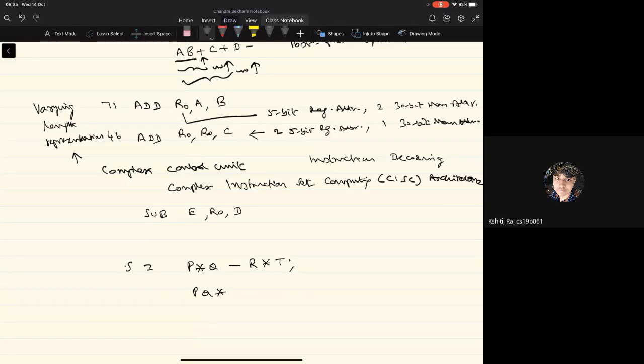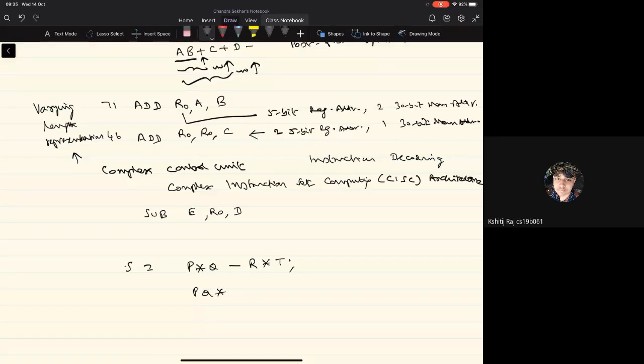Yes, Vikram says it's the precedence. So there is what is called the precedence of the operators. And as all of you should know, the multiplication operator has higher precedence than the subtraction operator.